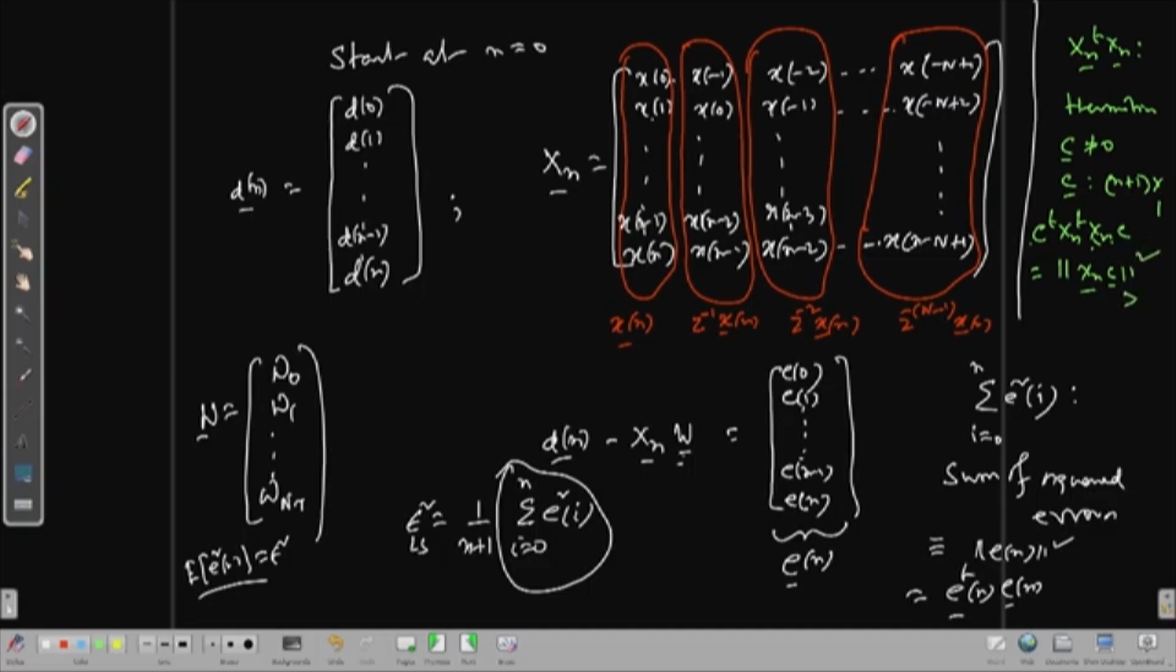This is always greater than or equal to 0. If this is greater than or equal to 0, that makes it positive semi-definite. So let us see when it becomes 0. If the norm square is 0, every element of the vector has to be 0, because norm square of a